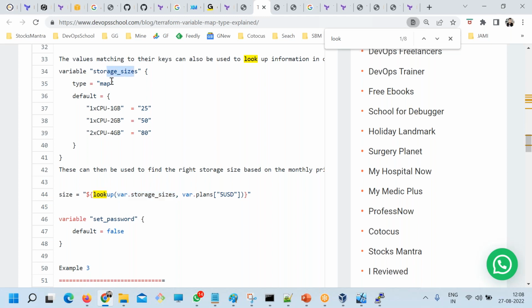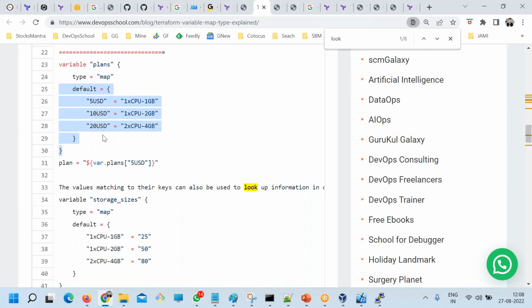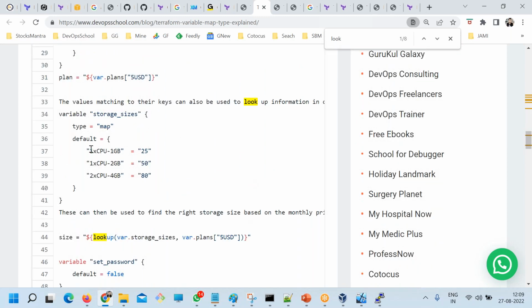You give the map address, and here you are giving the key. I repeat, here you are giving the key. So what will be the return for the 5 USD? Look at this code and tell me what is the return of the 5 USD value. This one, 1 CPU, right? And here 1 CPU is a key for this map. For this map you have to give the key. So ultimately the result will be